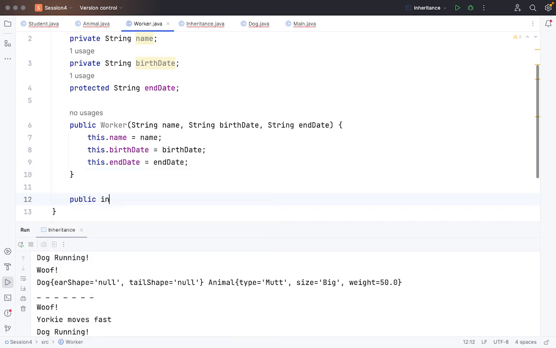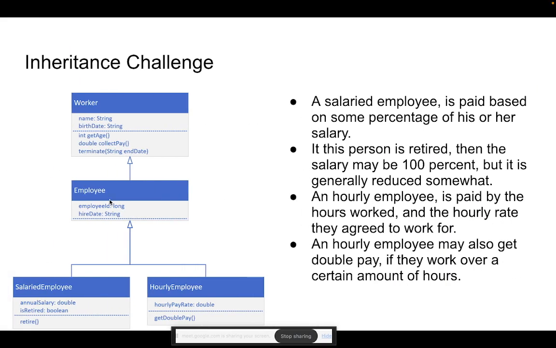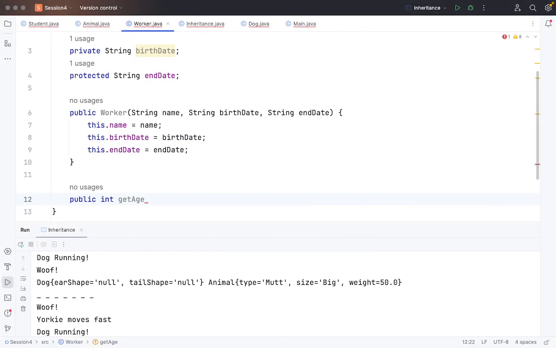Functions like public int getAge. So how do I know it's get int? It defines the return type, which is int, followed by getAge. Okay, double is like that. If I don't have any return type, that means it's void. Okay, so getAge,